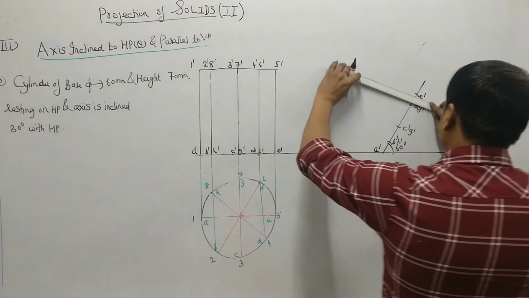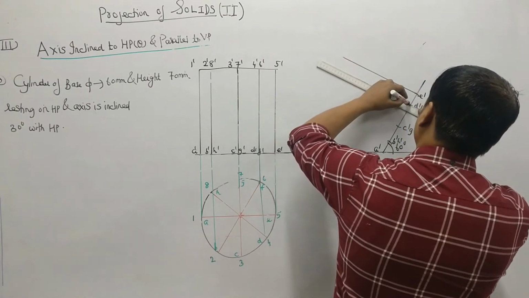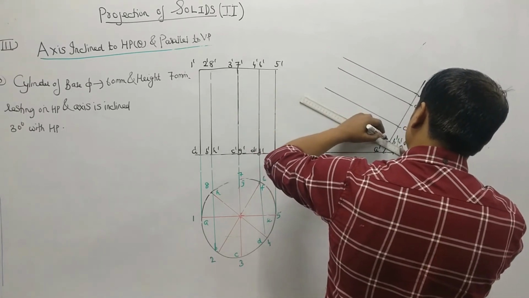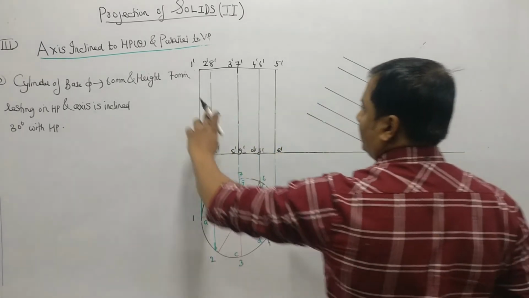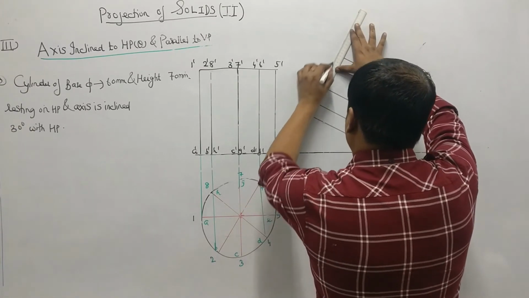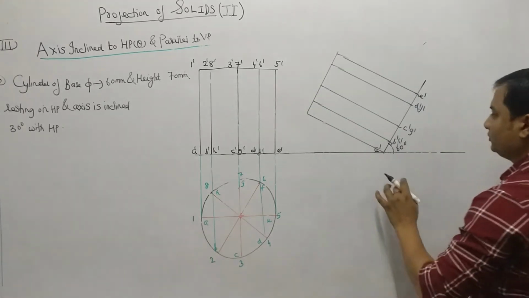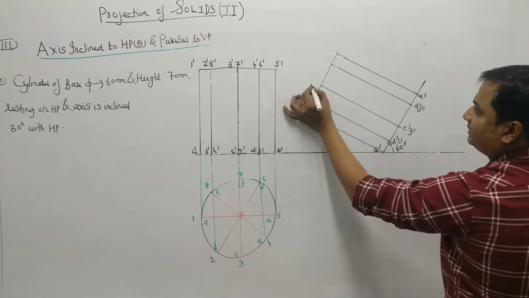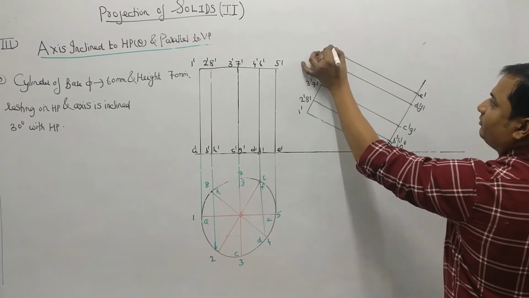So then 90 degree line. Because this is a rectangle, so this is the 90 degree. Right? So height we already know, that is 70 mm. So just plot it. Okay. So A dash, this should be 1 dash. This should be 2 dash. 8 dash. This should be 3 dash. 7 dash. This should be 4 dash. 6 dash, and this should be 5 dash.